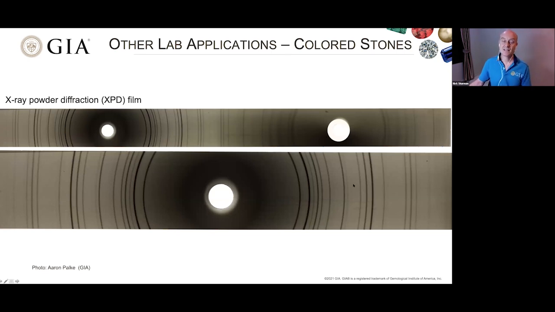And each mineral has a unique fingerprint that allows it to be identified. But it wasn't as simple as that, because you had to go to a library containing reference films. You had to go to a book as well and measure the lines and see which lines would fit most. Then go to the library, get the film out, and put them on a light box and check to see whether the lines would align. If they aligned exactly in position to the reference sample and intensity, then you knew that that was the mineral. It was like a fingerprint match, and you knew that was the identity of the mineral.